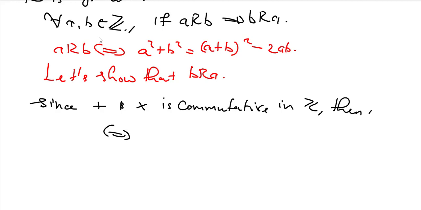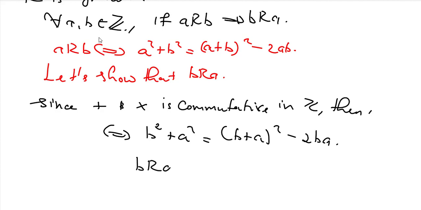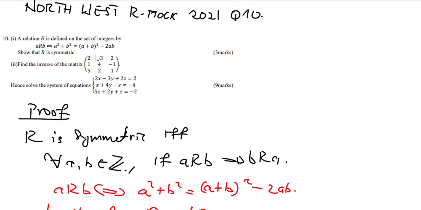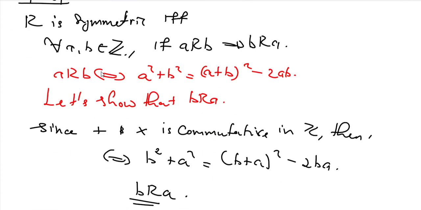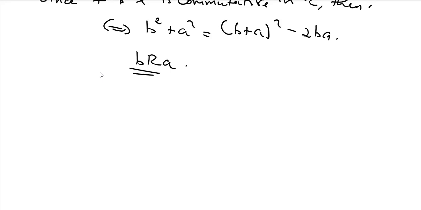So that statement will be if and only if we have B squared plus A squared equal to (B plus A) all squared minus 2BA. So this now shows that B is in relation with A, since B in relation with A simply means wherever you see A, you simply replace it by B. So we have shown clearly that B is in relation with A, and hence